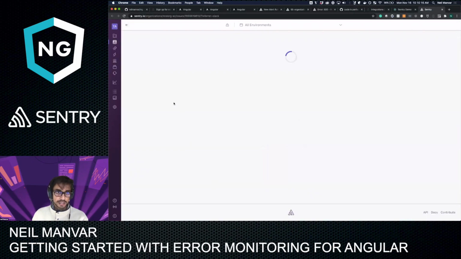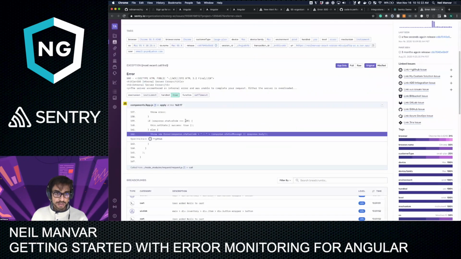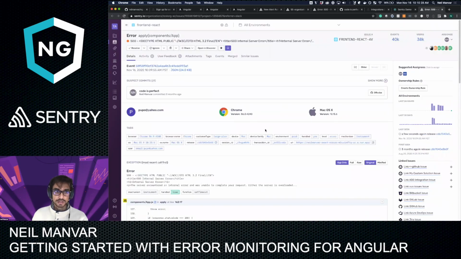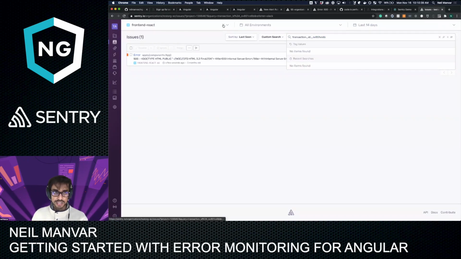And now I can go ahead and look at the stack trace and see that this is a 500. We didn't get a 200, so we threw an error. It looks like good error handling on the front end. I have all the details I need, all of the data, the commit that caused this, but that's probably the commit that introduced good error handling. And now what I'm going to do is search by transaction ID across all of my